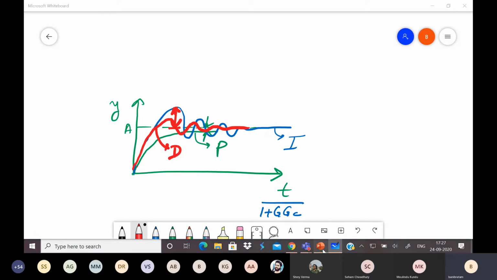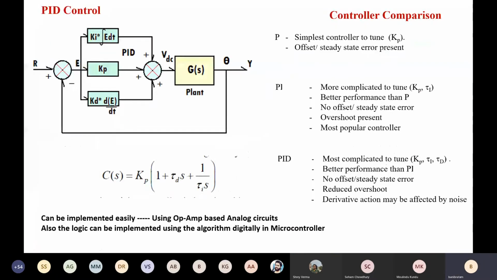Okay, now if we combine them together, then we can just add all the things. So this is the P component, this is the integral component, and this is the derivative component. If you add them together, P plus I plus D, that is the PID control. So in PID control, you will have the maximum benefits, right? And this transfer function we have already seen for the PID, that PID transfer function means output divided by error. Okay, so that was the PID transfer function.